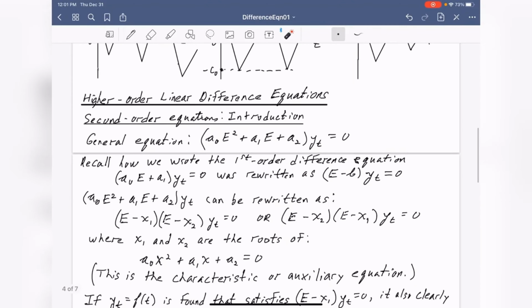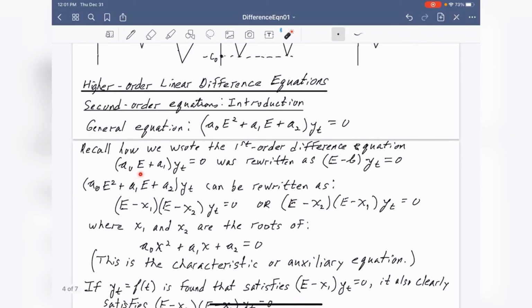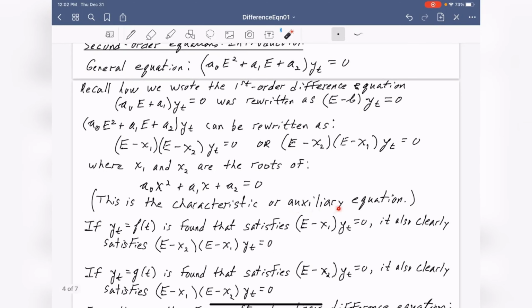Now recall how we wrote the first order difference equation, and we could rewrite that as (E minus b) yt equals 0. Well, here we have this equation in operator form, and it can be rewritten as (E minus x1)(E minus x2) yt, or (E minus x2)(E minus x1) yt equals 0, where x1 and x2 are roots of what is called the auxiliary or characteristic equation,